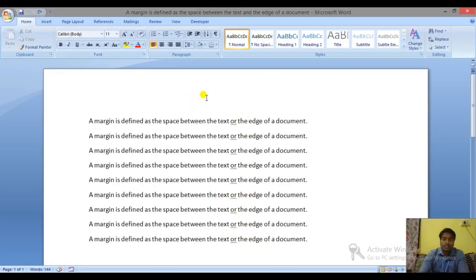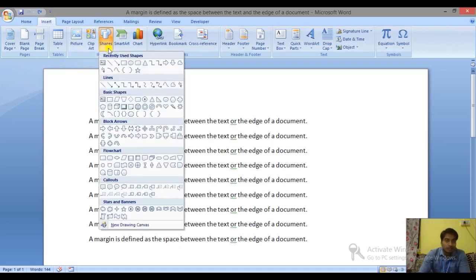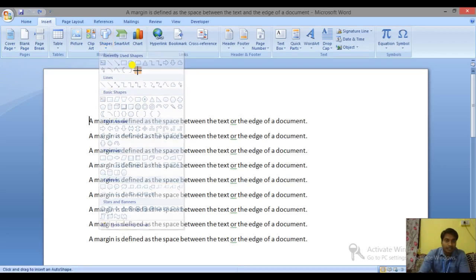So this is the page and this is the area where I want to insert the shape. The first step which you have to follow: first click on the insert tab. Here we have the insert tab, as you can see on the screen. Just click on the insert tab. Then second step, click shapes. So here you can see the shapes option. Just click on that. Then you will get a list of shapes according to your desire. You can choose any one. Like I am going to choose this star. So just select it, then